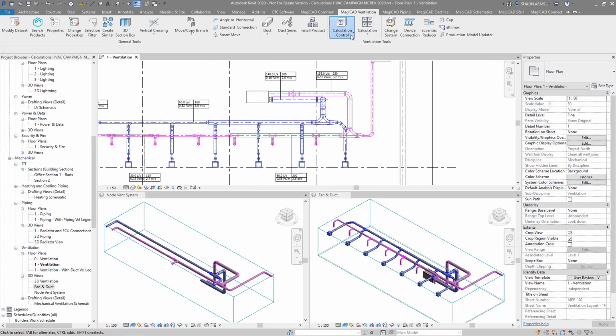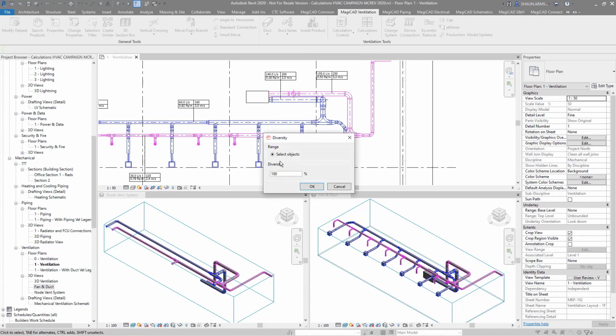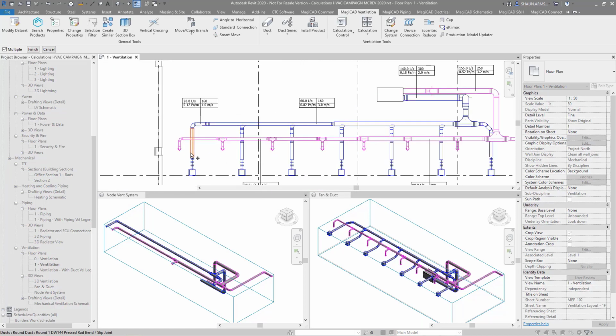As mentioned, I can also add a diversity to a branch or any selected objects. So say I wanted to put say 75% on a couple of branches, I can go through and add which branches I need to add the diversity to, press finish at the top,